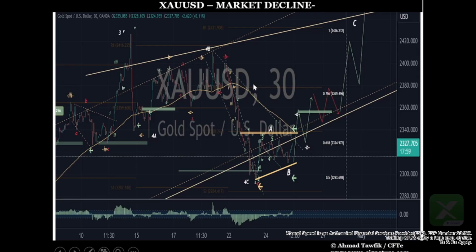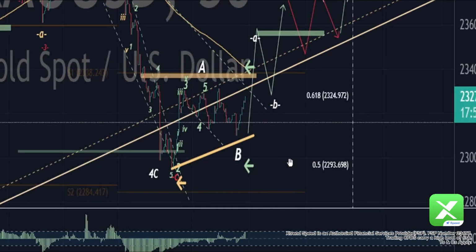Today's trade management. We're looking at this chart as of yesterday. We believe we have done or are currently still doing an ascending triangle. All right, leg 4A, 4B, and 4C is finished. We were expecting a motive wave here. If we don't have inflation, we're expecting a motive wave.